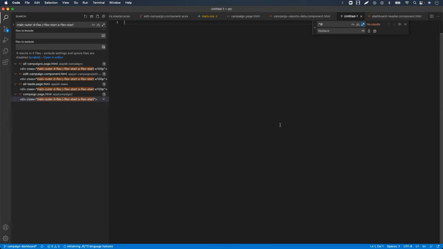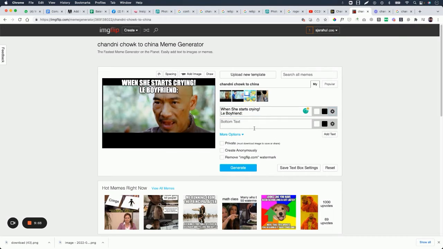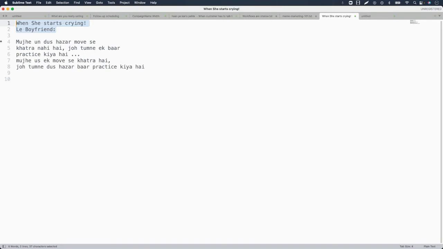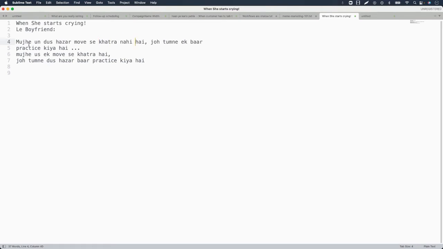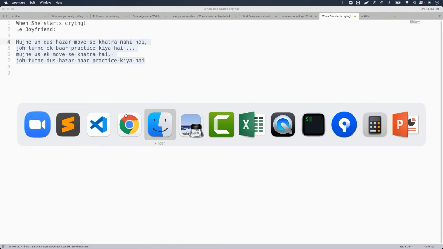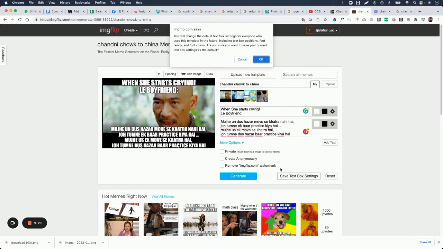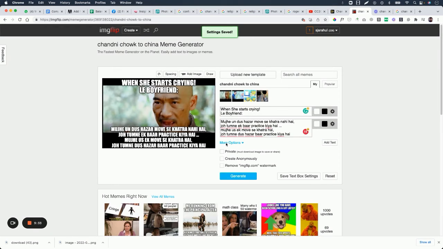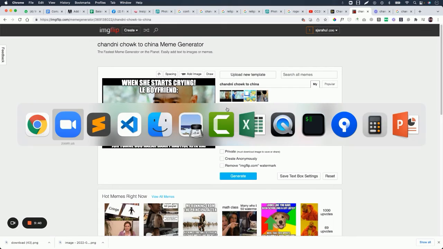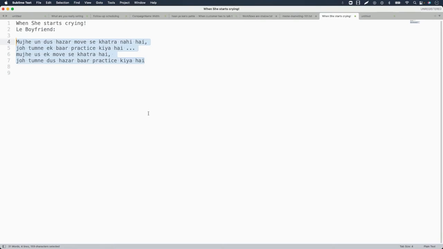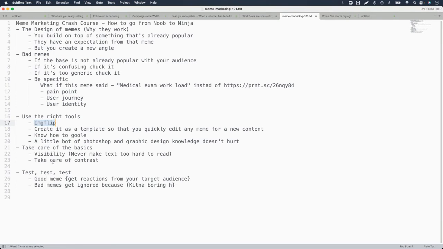टॉप पे मैंने ये टेक्स्ट डाल दिया, बॉटम में ये टेक्स्ट डाल दिया, एंड देन ये 4 लाइन्स का बॉटम टेक्स्ट है, एंड ये डाल करके ये मेरी मीम रेडी हो जाती है। इसमें थोड़ा सा फॉन्ट साइज बढ़ा देते हैं, एंड दैट्स इट, आई कैन सेव दिस टेक्स्ट बॉक्स सेटिंग्स। ठीक है, एंड यहाँ से ये मीम का मुझे टेम्पलेट जो है वो मिल जाता है। अगर मुझे आगे कहीं भी कुछ और कॉन्टेक्स्ट में इस मीम को रीयूज करना, आई कैन जस्ट डू दैट। ठीक है,